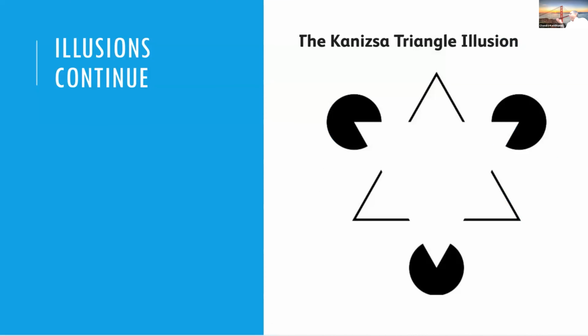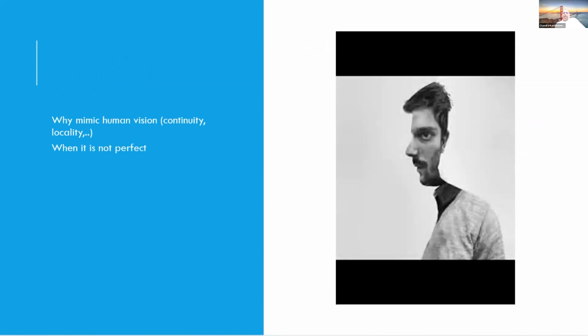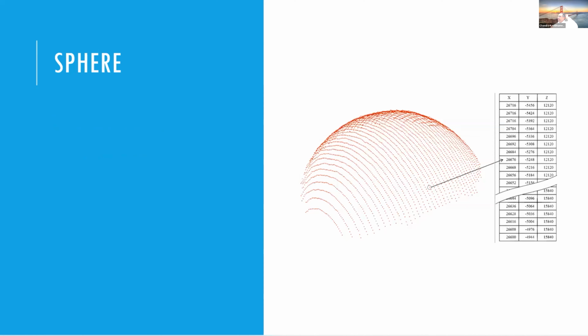This picture, obviously you probably saw it, but the inside triangle looks brighter. It's a fallacy, that's not true. And this picture could be visualized as frontal, parallel, or side looking, right? It's human fallacy. So all we are trying to say is that all these XYZ points, machines don't need to follow us because we have our own deficiencies. So let's look at what the representation I'm talking about here is.